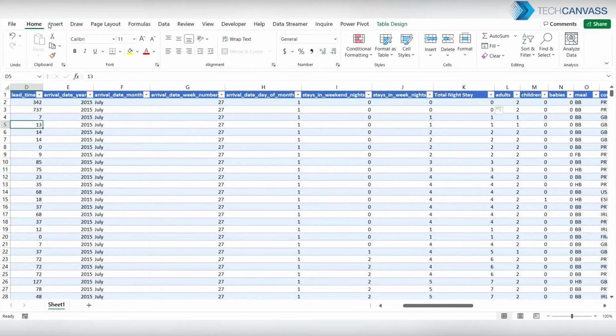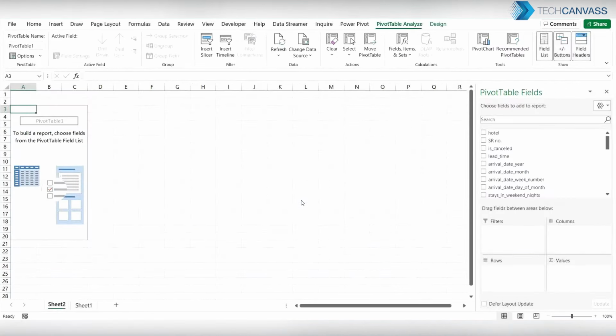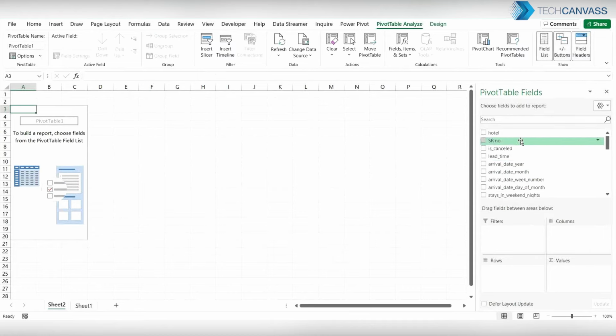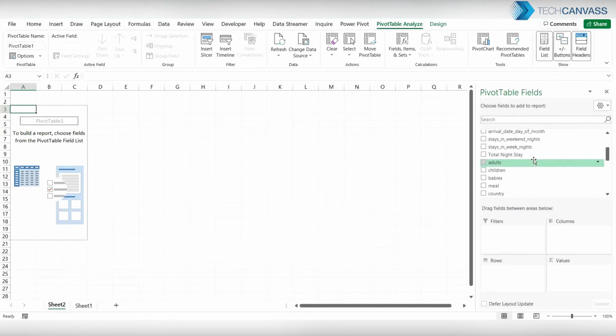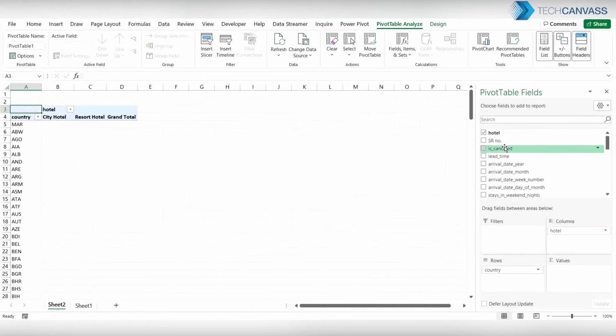So let's go ahead and create a pivot table. So first thing is we have all these fields here. Let's go ahead and check the popular customer countries. So we have country here. I'll add it to rows, and hotel and is cancelled.